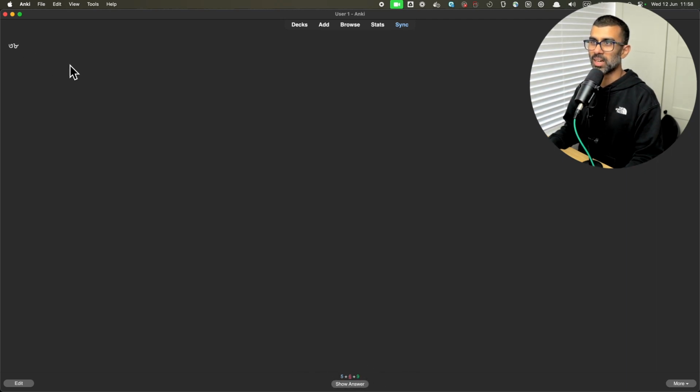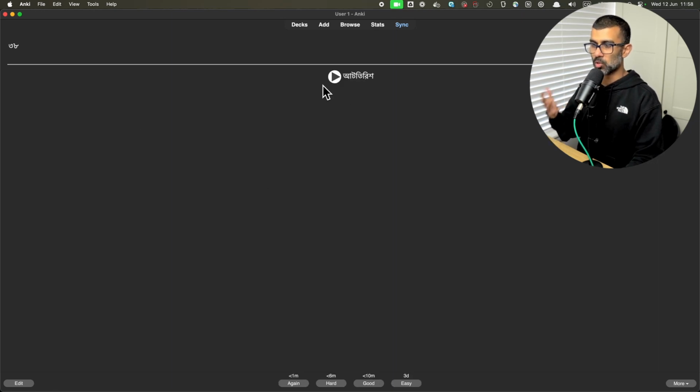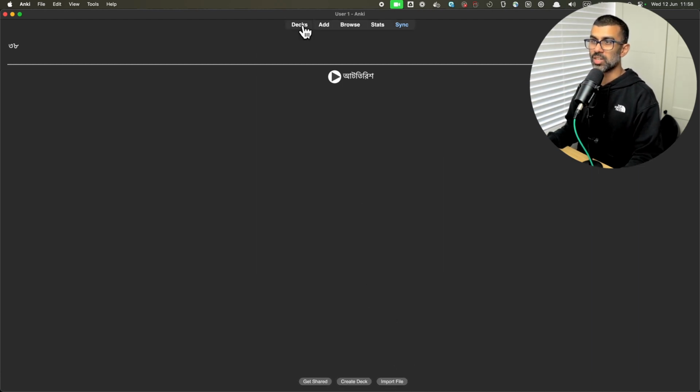My card's a little bit unformatted. Well, I can press enter, and it gives me the audio as well, so I know what this is about. This is how I can learn Bengali numbers, and it will pop them up. If I find it really easy, the card will pop up less regularly. Here it goes. If it's hard, then it'll pop up in under 6 minutes. If it's quite good, it'll pop up under 10 minutes. If it's really easy, it'll pop up in 3 days. So it just shows you how it works.